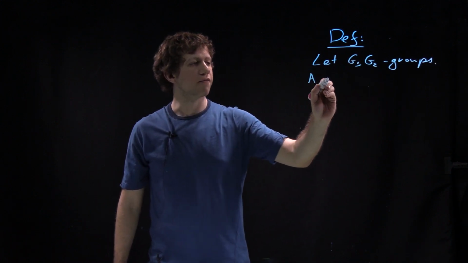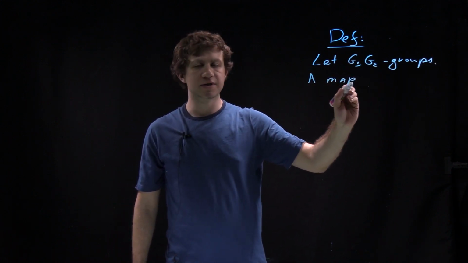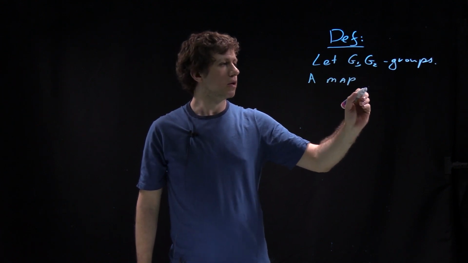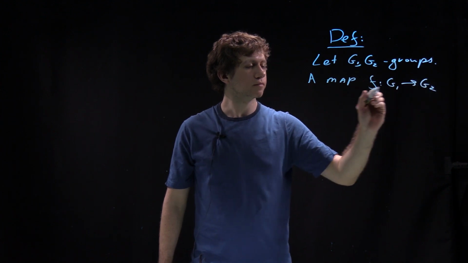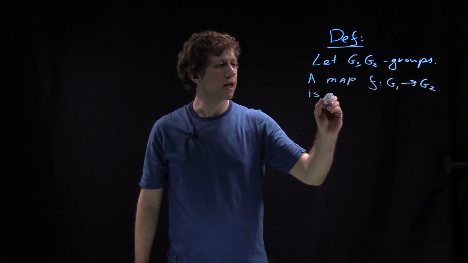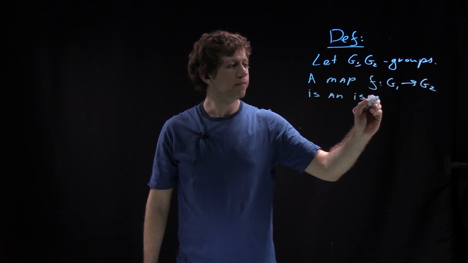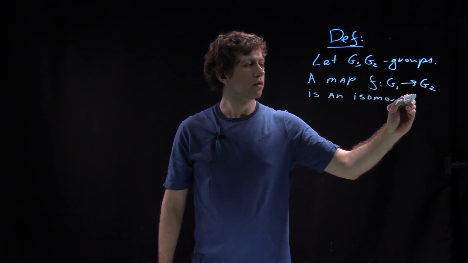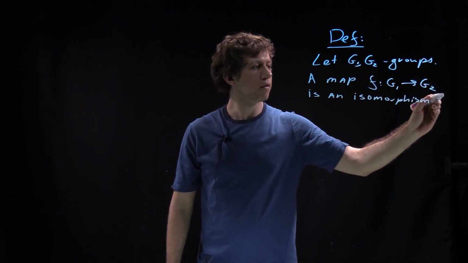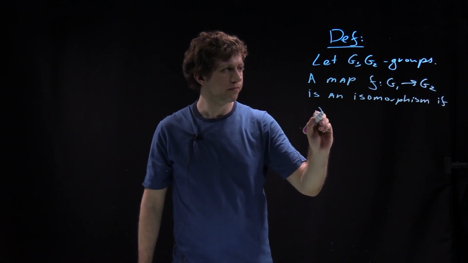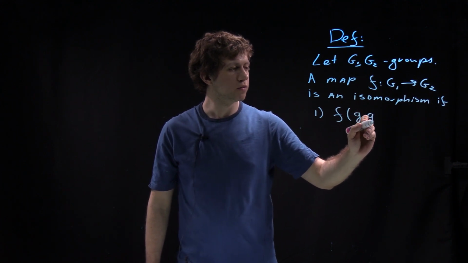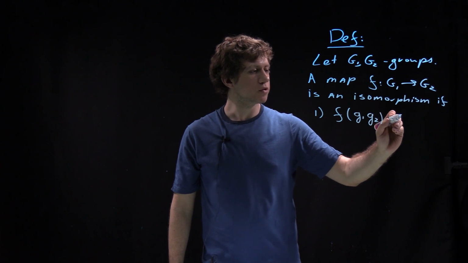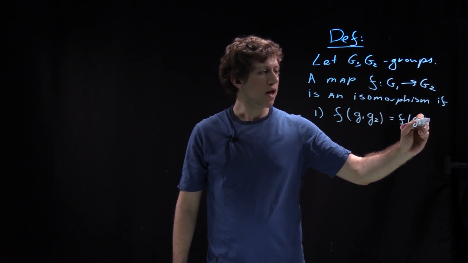A map F, so map is the same as function, so it's just F from G1 to G2, is an isomorphism if, first, F of G1, G2 equals F of G1, F of G2,